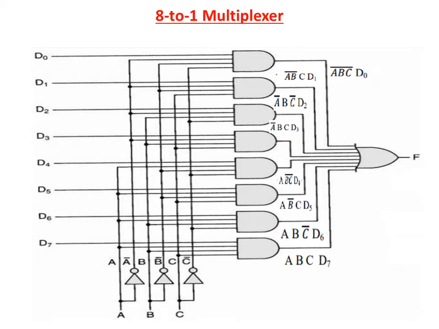And here at this position uncomplemented inputs are obtained and at this position complemented inputs are obtained, that is here A, here A bar. Similarly, here we will get B, here B bar, here C, here C bar. So the expression at each AND gate is represented. Then finally all the AND gates' outputs are ORed together with the OR gate, and here we will get the final output expression. This way we can draw the logic diagram for 8 to 1 multiplexer.